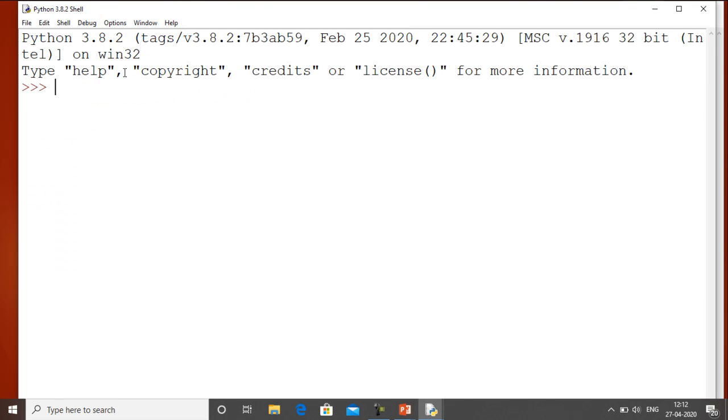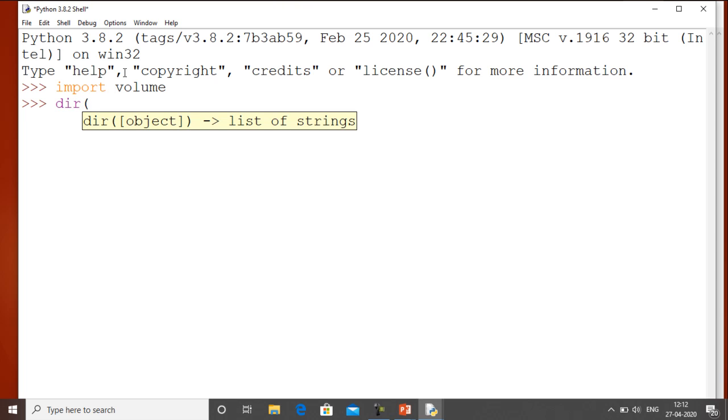So now if I want to see the list of all objects present in that volume module, first I have to write a command, import and the name of the module, that is volume. Once the module is imported, in order to see the list of all the objects present in that module, I will use the dir command, and within the dir I simply write the name of the module.